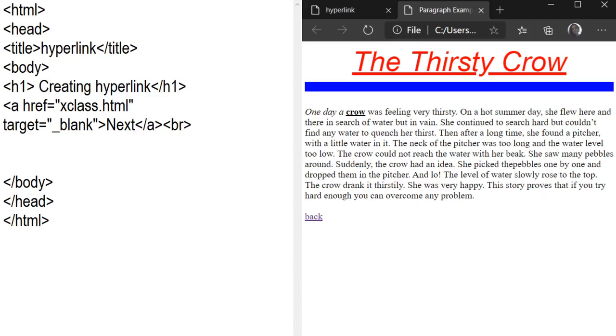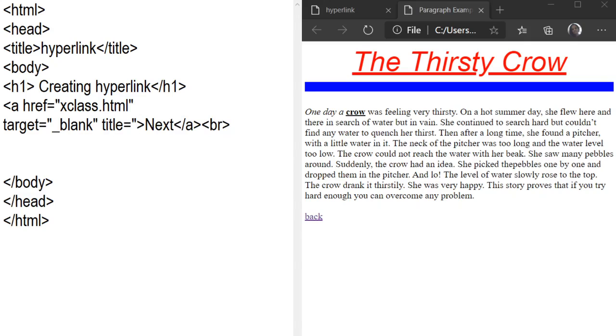One more attribute here is title. The name of the attribute is title, and title is used to display your text as a tooltip. When the mouse pointer is moved over the link, your title will be displayed. How? You can write down the title attribute, then is equal to, and then write the title.